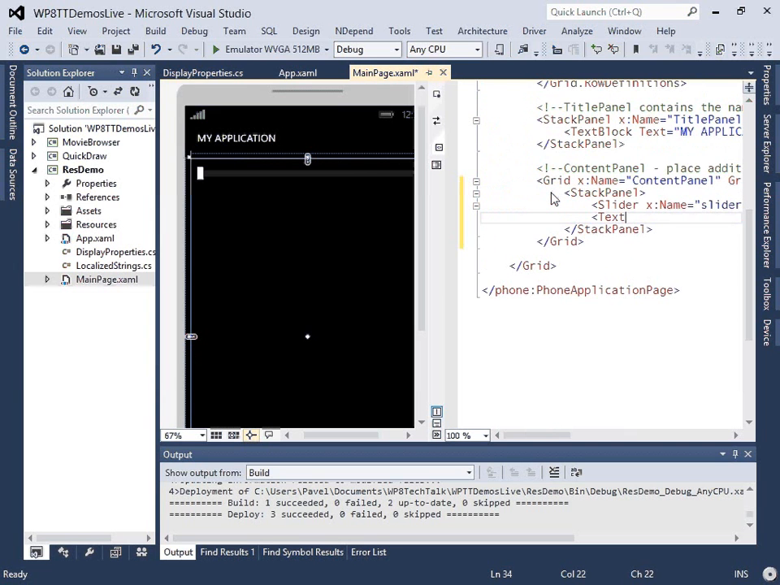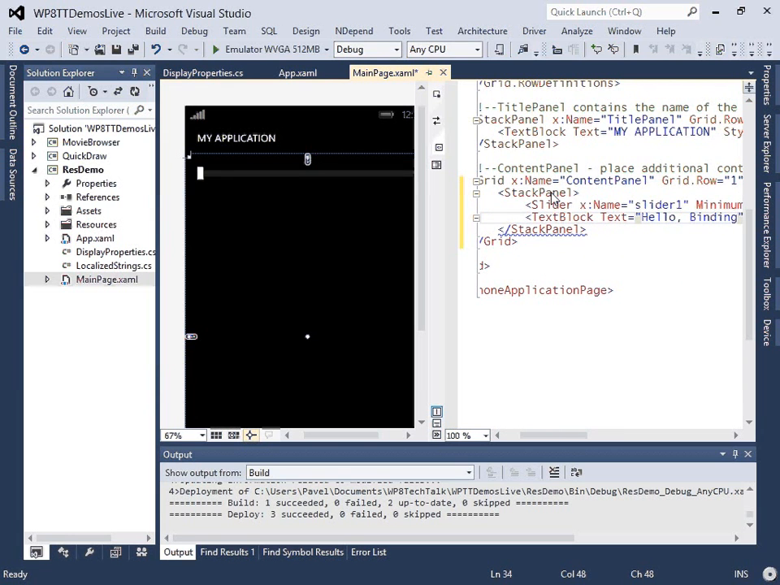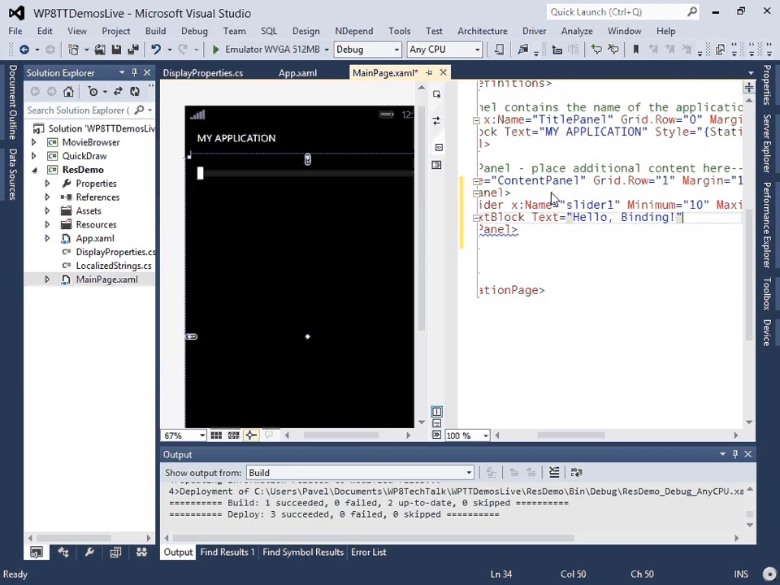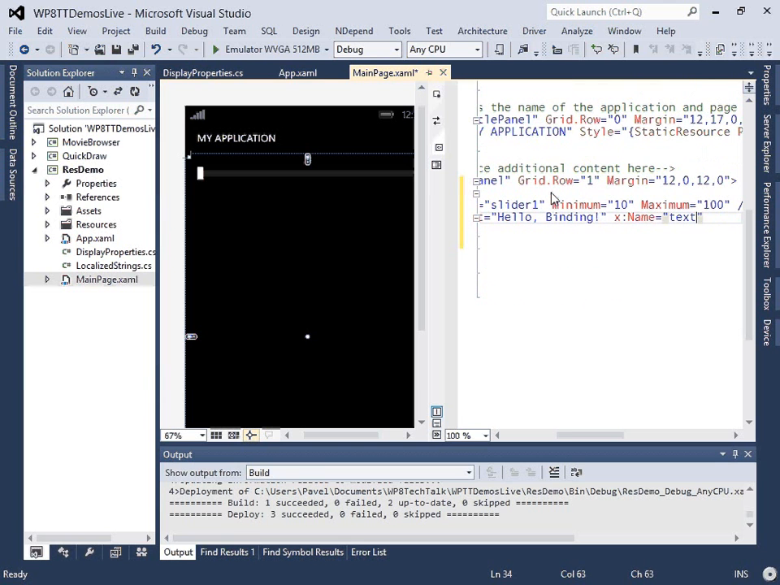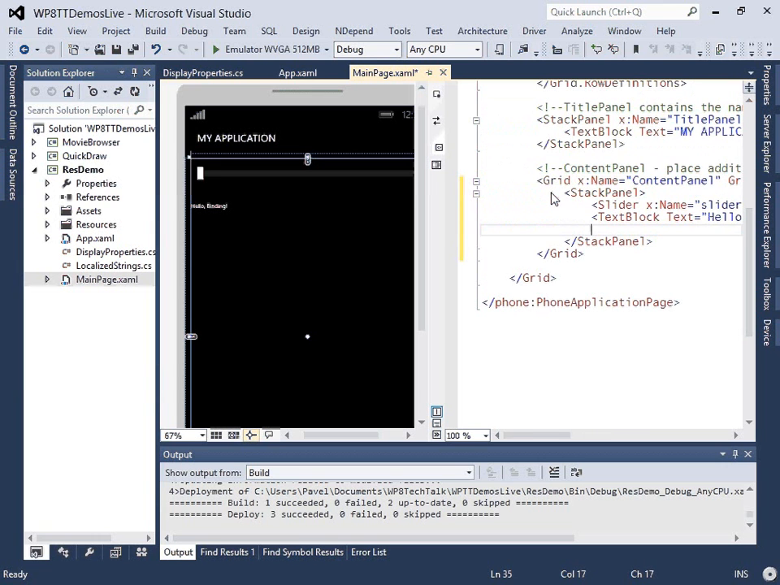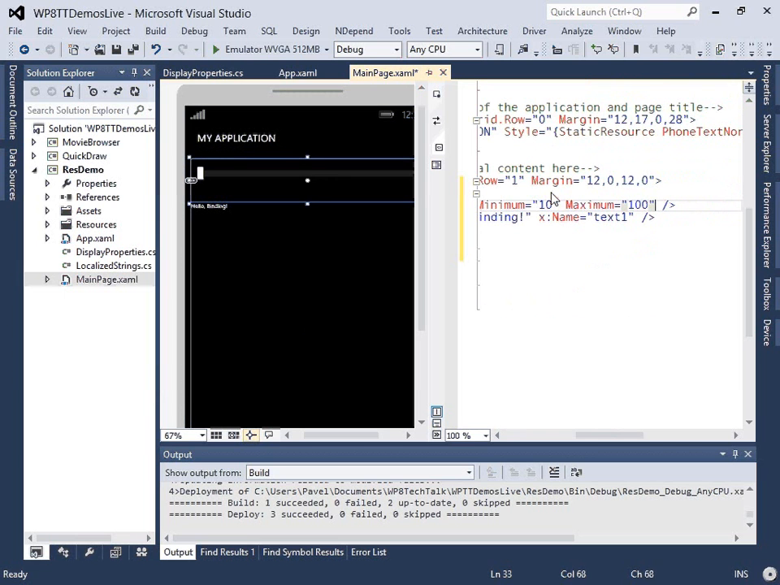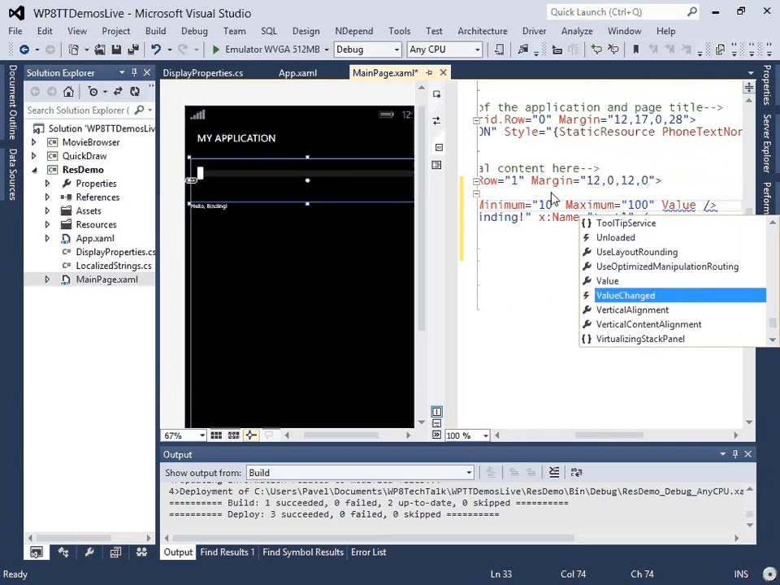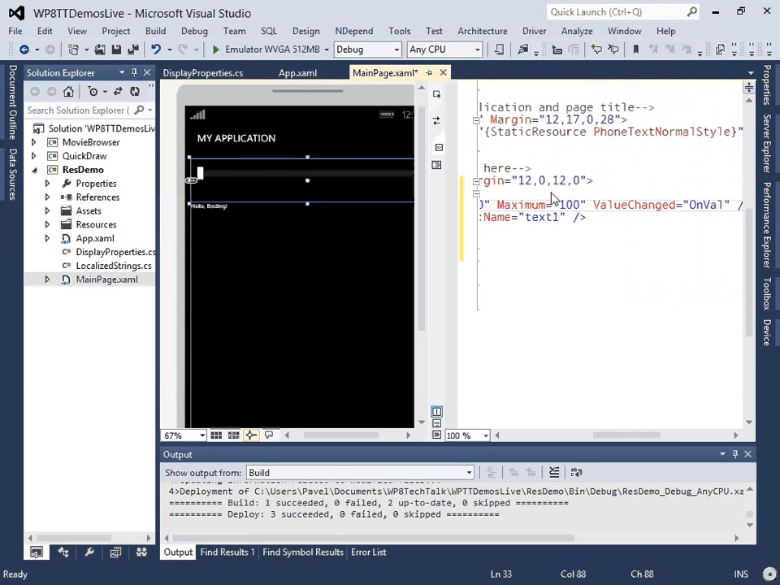And I want to place a text block here. And let me place some text here, such as "hello binding". And let me give it a name. Let's call it text1. What I want to do is that when I move the slider, I want the font size of the text block to change accordingly. So how will I do that? The obvious way is to use events. So I can say when the value of the slider changes, there's the ValueChanged event handler. I can